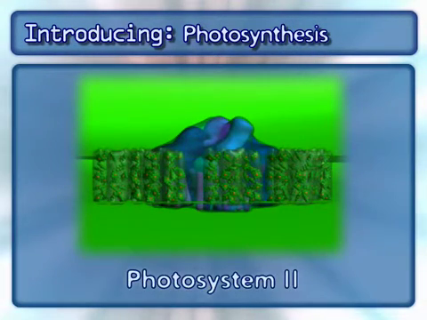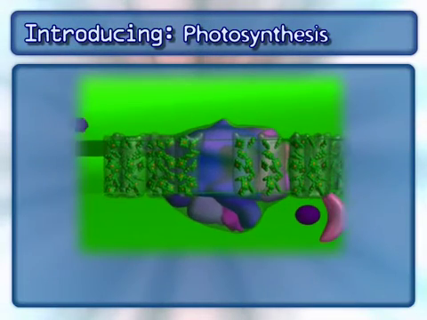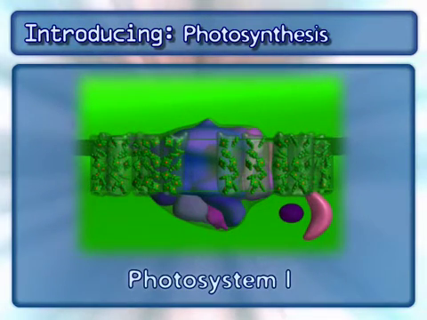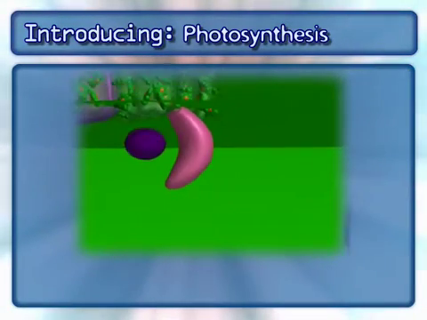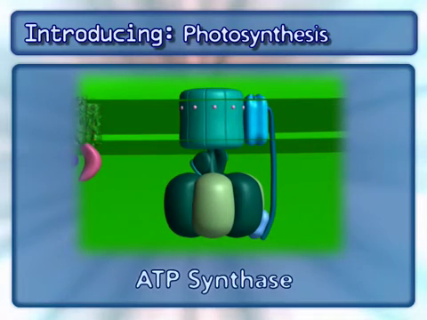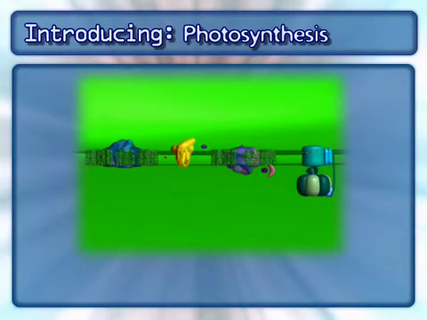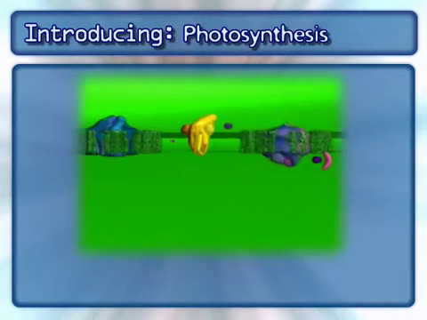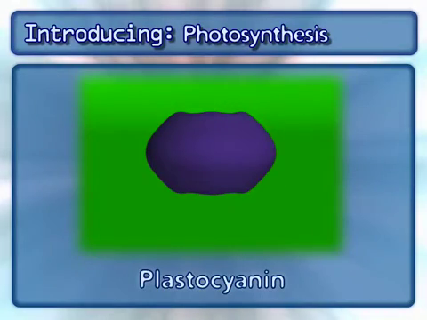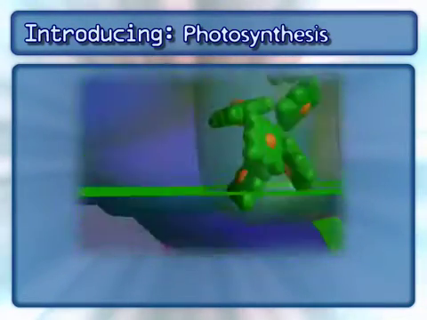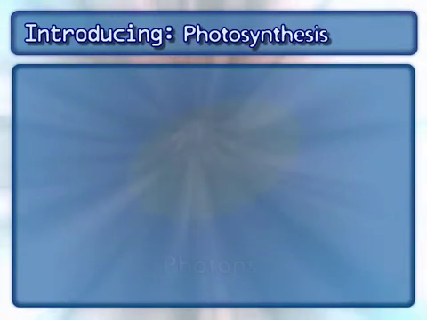Photosystem 2, cytochrome B6F, photosystem 1, ferredoxin NADP reductase, and the complex that makes ATP, ATP synthase. In addition to the complexes, 3 mobile carriers are also involved: plastoquinone QB, plastocyanin, and ferredoxin. Other key components include photons,